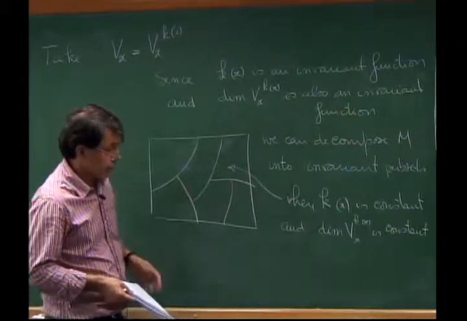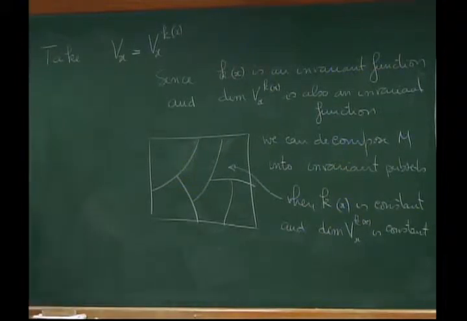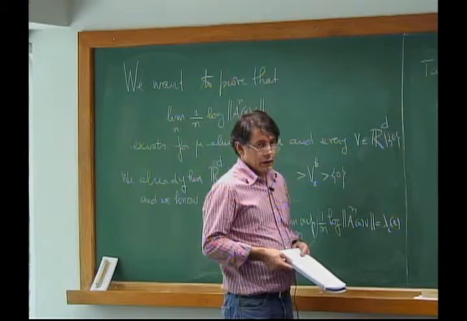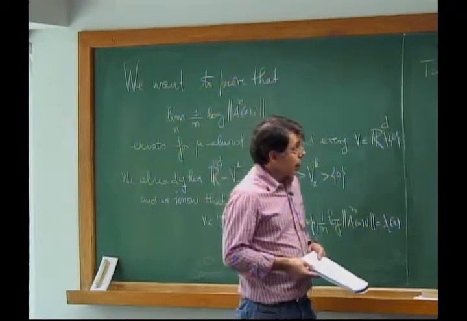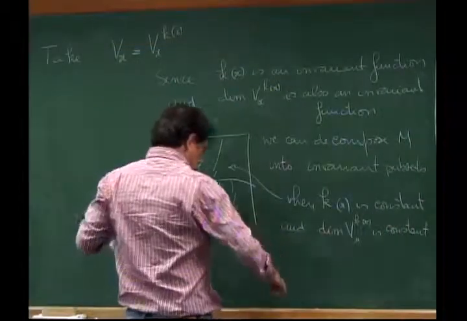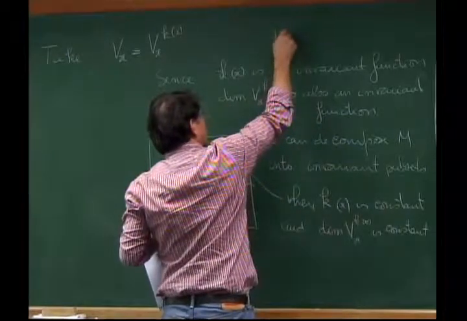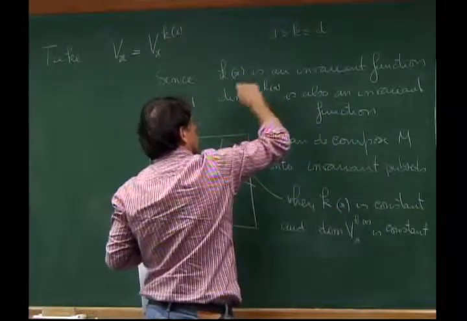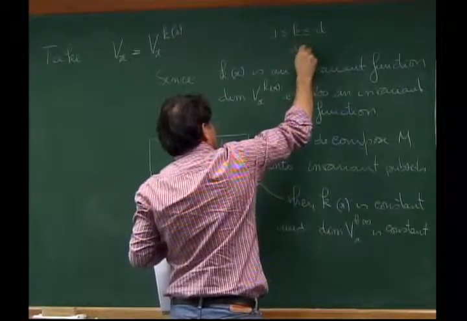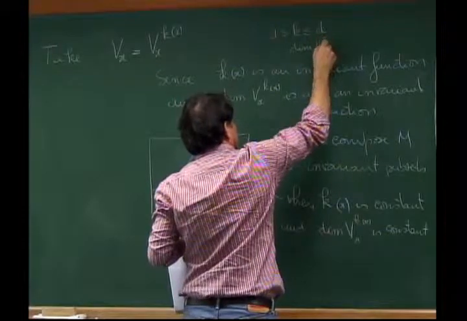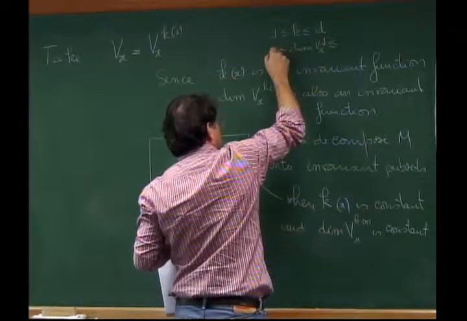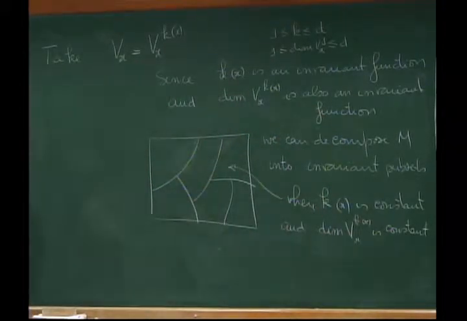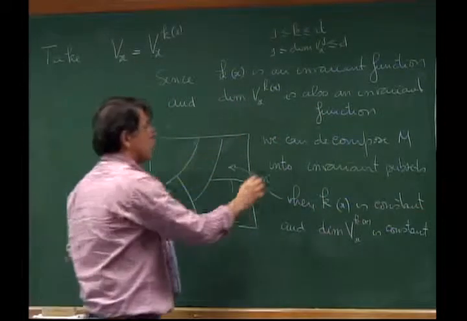And of course, it has these properties. So how many of these sets do I have? k is between 1 and d, the dimension of the space, and the dimension of V^k, the dimension of any of these subspaces, is also between 1 and d. So the number of possibilities is finite. So into finitely many,